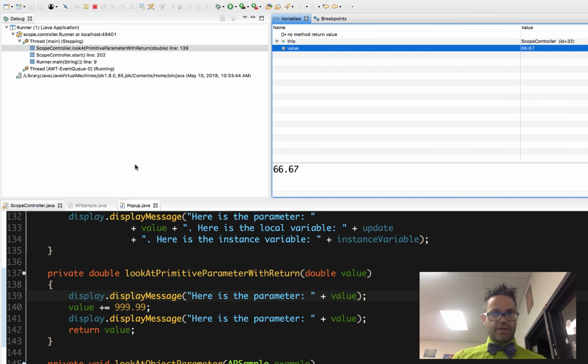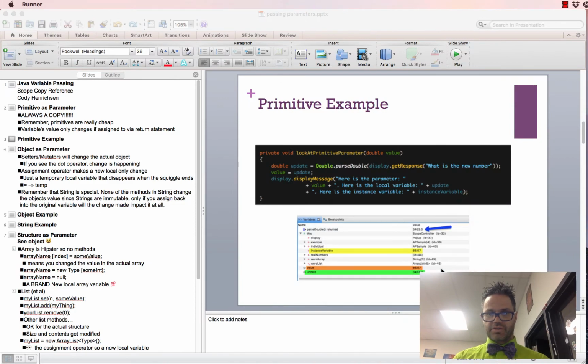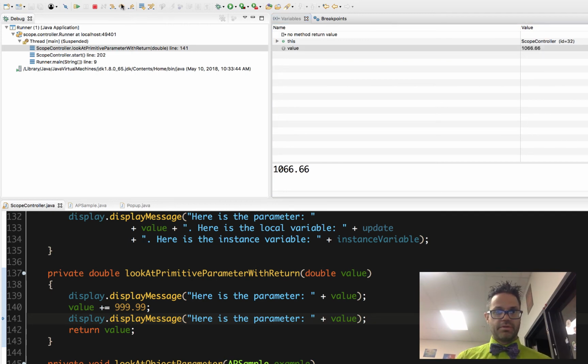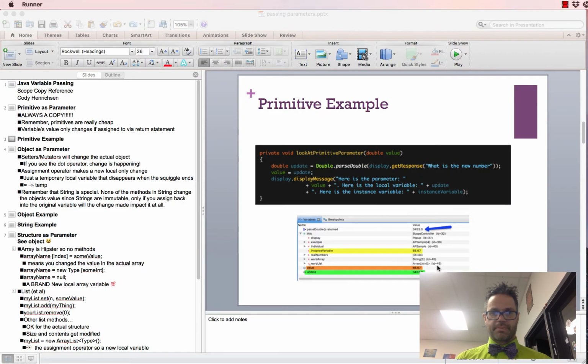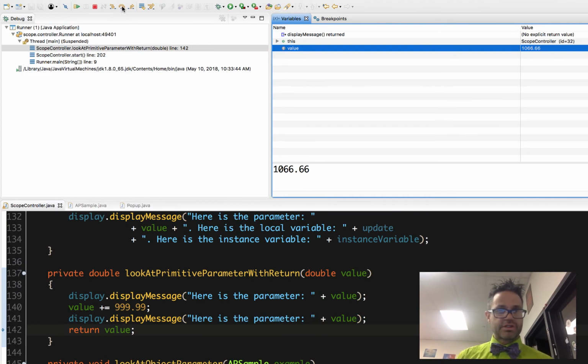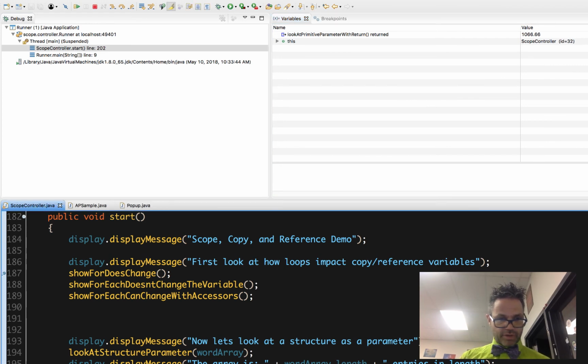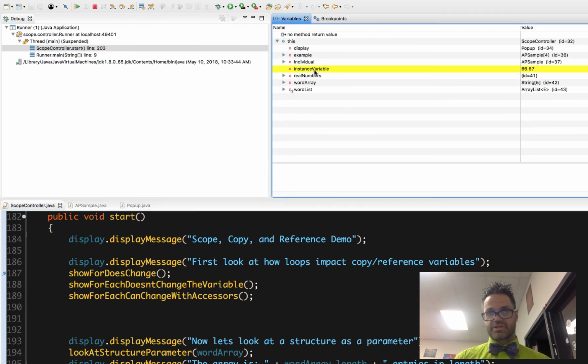Okay, and I step over this. Here's the parameter. Step over. Now my parameter is 106.66. That's great. That's wonderful. I'm going to return that value now. Step over. I return that value. Step over that line, and because when I return that value I didn't do anything with it, right here in line 202, oh, okay, step over, great. I go take a look at this, I go look at my instance variable, look, it's still 66.67. It's just sitting there, because yeah, it's tiny. Okay, step over,